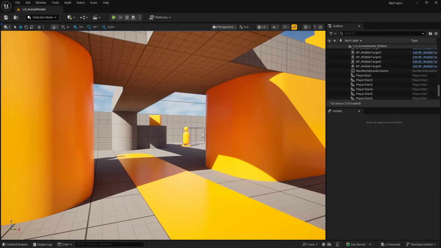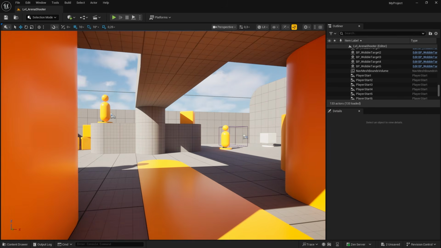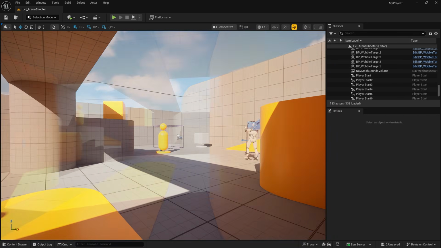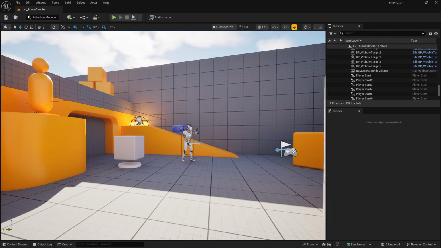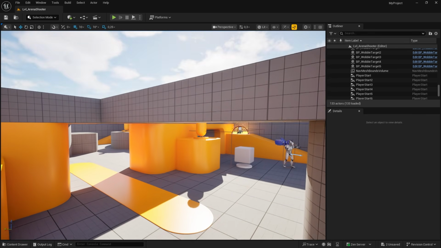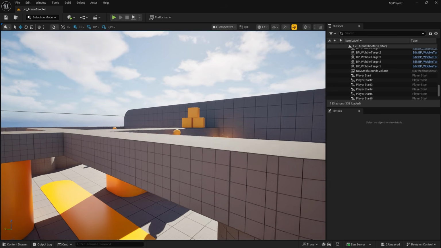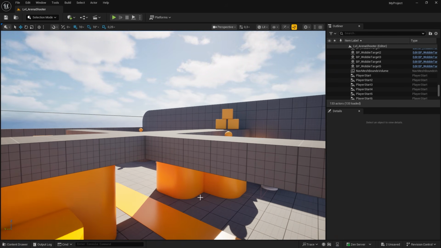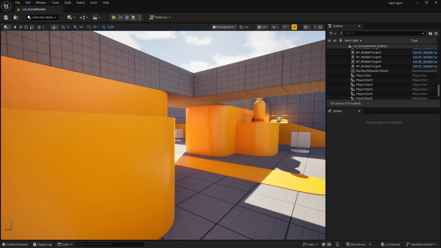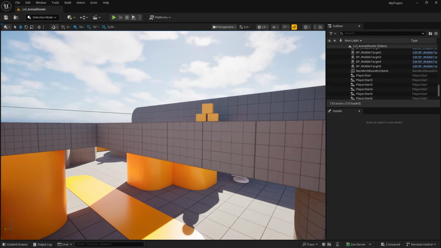Now, let's take a look at moving around in a level. In a perspective view, by holding down the left mouse button and dragging, we can move the camera forward and backward and rotate it left and right. If we hold down both left and right mouse buttons and drag, we can move the camera up, down, left, and right without rotation. Holding down the middle mouse button and dragging the mouse will result in the same movement.